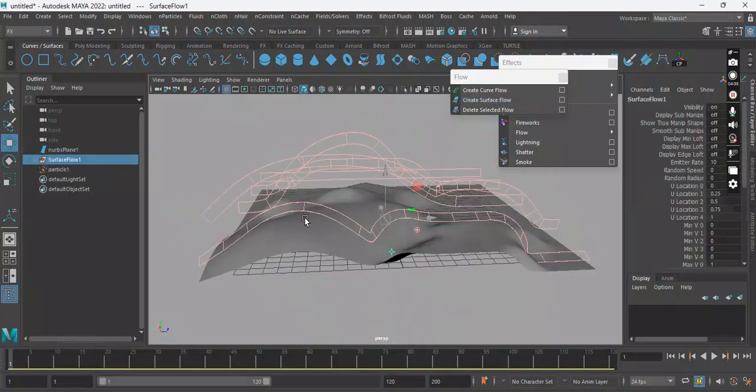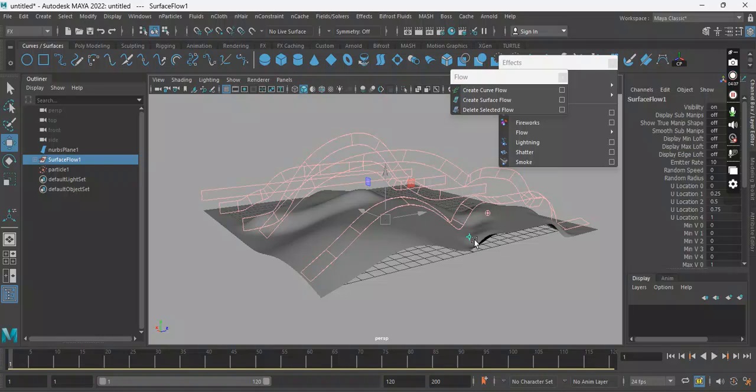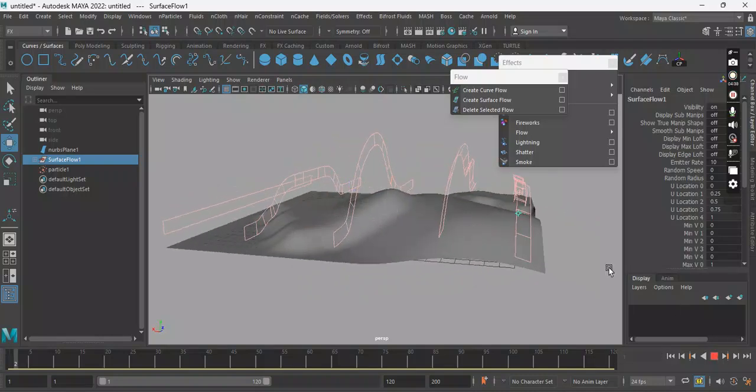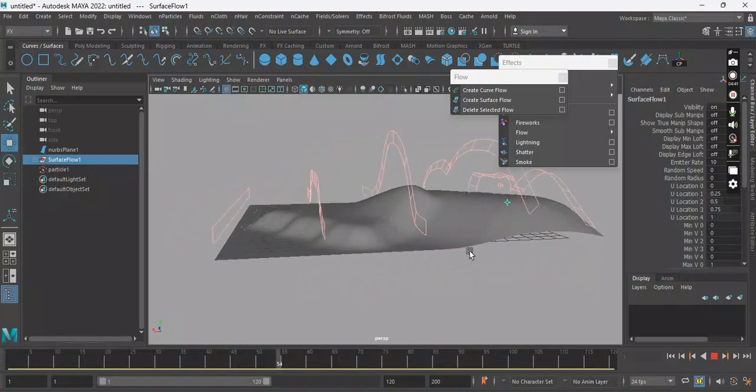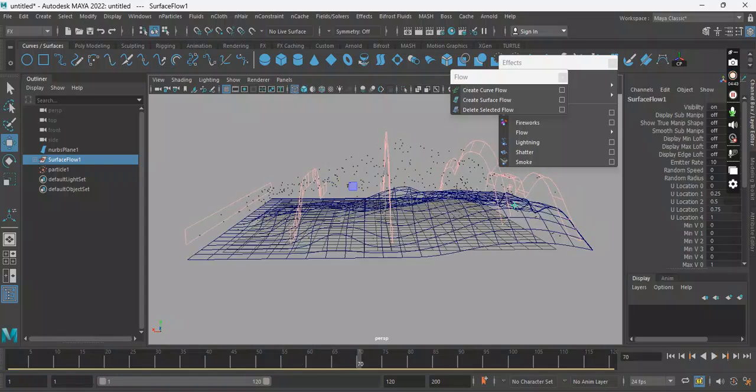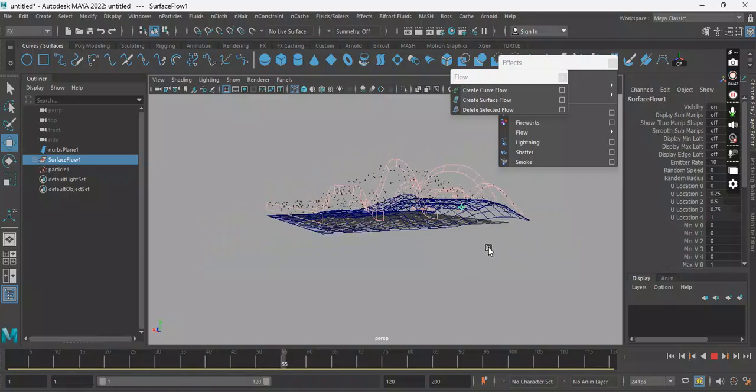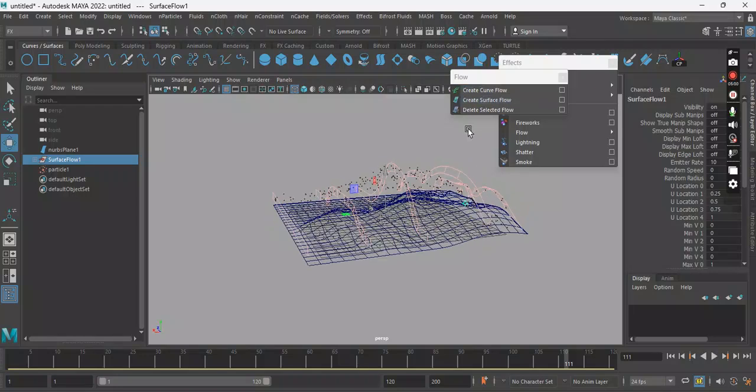Now you can see, according to the flow, it's directed from here to here. Okay, I go for the 4 mode. Now go back again, play now. You can see that according to the surface, the particles are moving left to right, only according to the surfaces. So this is the surface flow. You can delete both by using the delete flow, but you can delete any